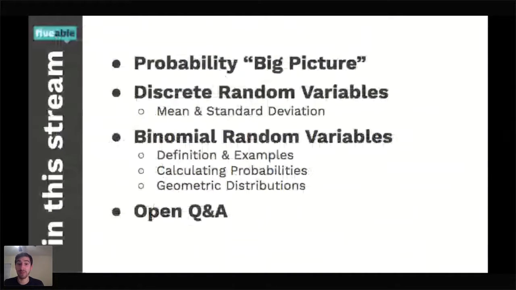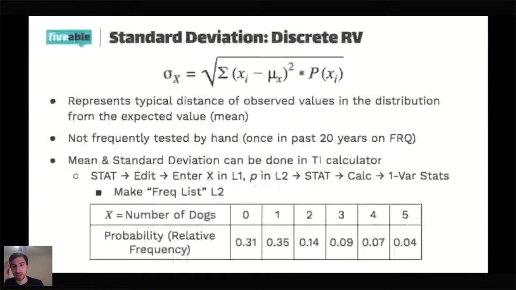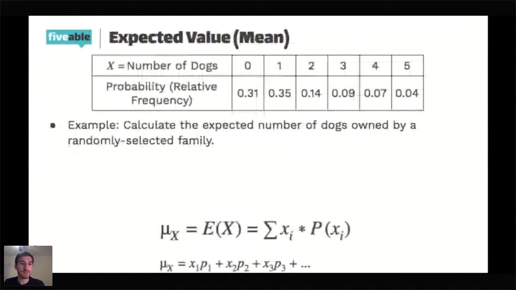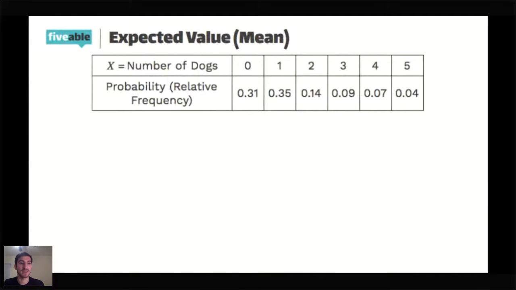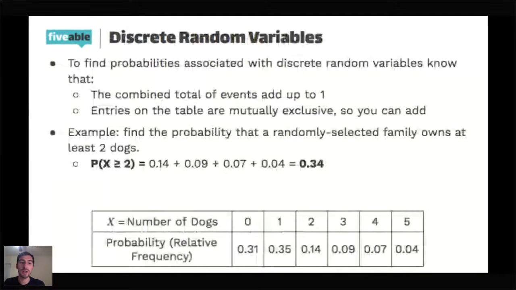So with discrete random variables, you could be asked for probabilities associated with them. You could be asked for the mean or standard deviation or some kind of interpretation. And they can always combine this with some other stuff. So they could say something like, find the probability that a randomly selected family has at least 2 dogs. And then they could say, given that the family has at least 2 dogs, what is the probability that they